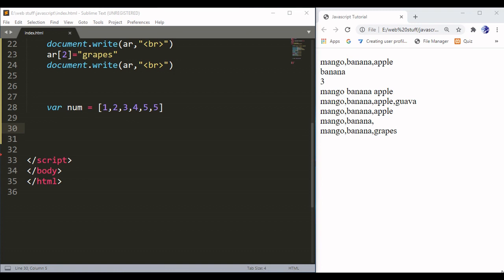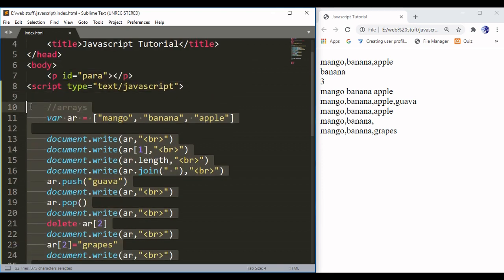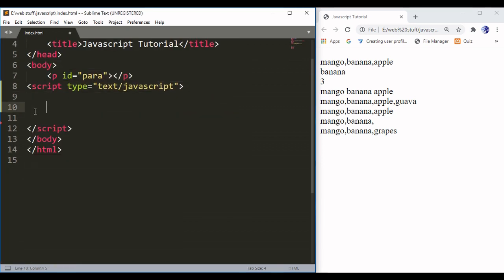Now objects are a collection of heterogeneous data types. They are a collection of different kinds of variables, just like a dictionary in Python. So let's see how you can create an object in JavaScript. So let's delete everything. Objects. Now to create an object, you have to write var, then the variable name, let's say obj, and